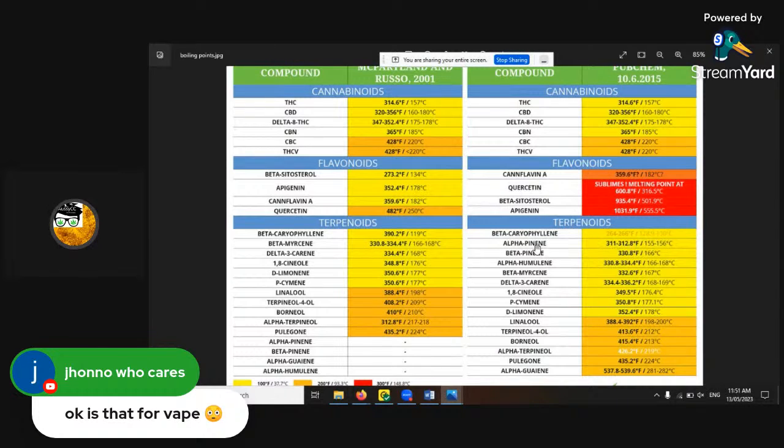These are just examples. If you want some myrcene, which is a good pain one, it's 167. So if you're thinking, I really need the pain relief, you must vape over these temperatures. What's another good example? Terpineol, the terpene you get out of turpentine. You'll know that one.